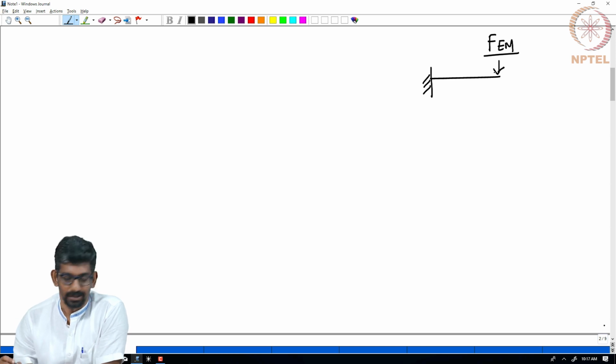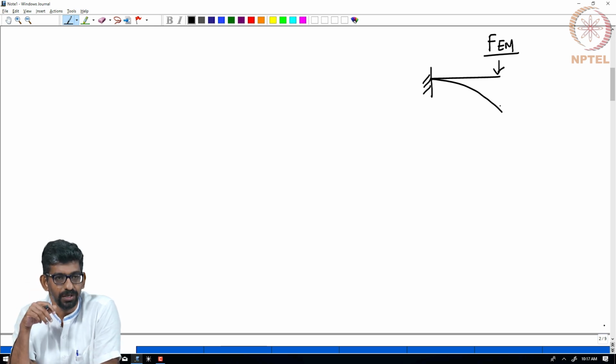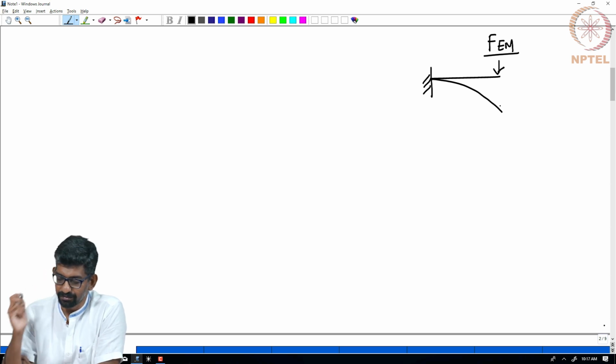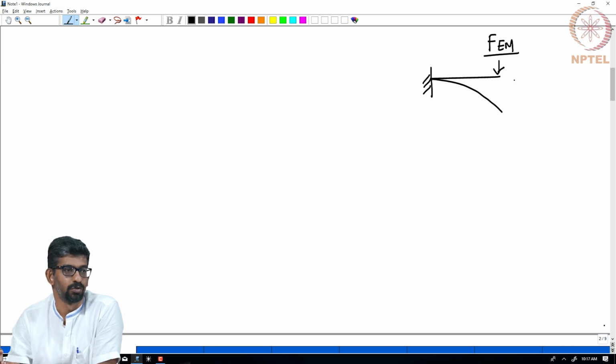The idea is, this is your deflection function, but this function also could be complex, that is one thing. The second is, imagine that I do not have an explicit equation to compute the deflection. In this case, I know it is PL cube over 3EI. The moment this structure becomes complex, I do not know what the deflection is. There could be multiple loadings.